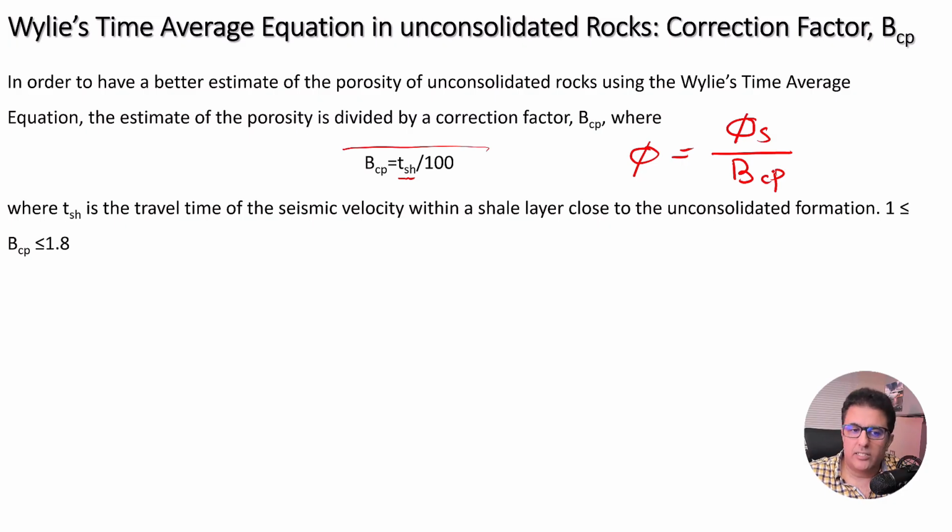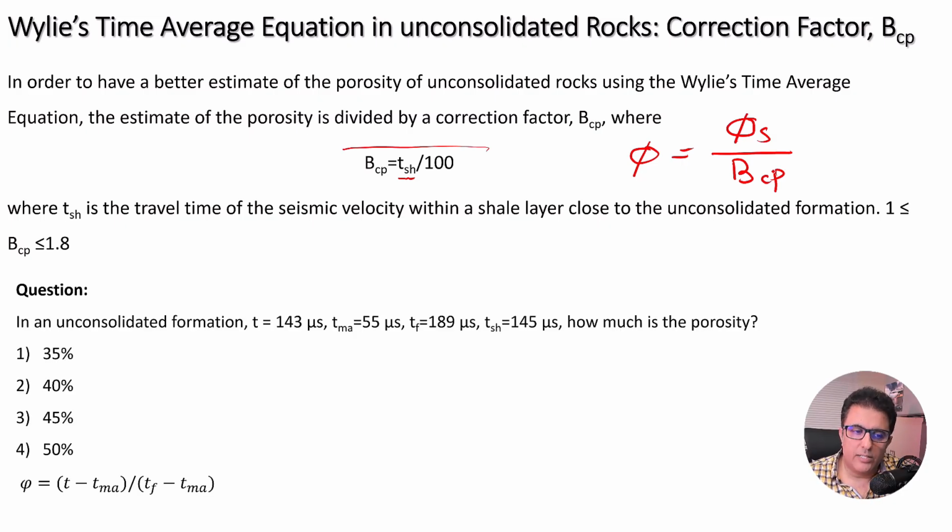So just let me give you an example. Assume that we deal with an unconsolidated formation and the measured seismic travel time is 143 microsecond, and TMA is 55, TF is 189, and the travel time in the shale formation is 145. So how much is the porosity, the correct porosity after applying the correction factor? Okay, so if you just do some calculations, you're going to obtain the porosity to be